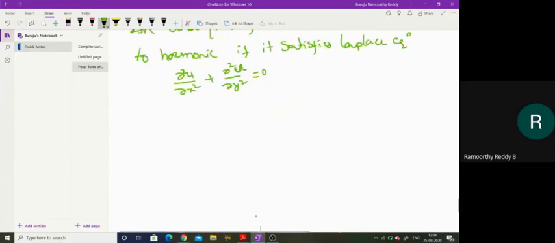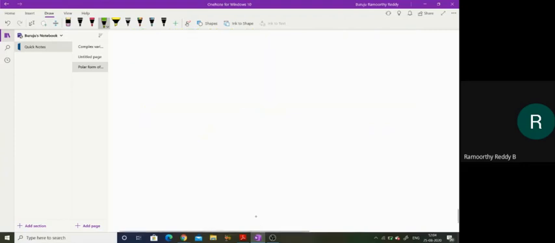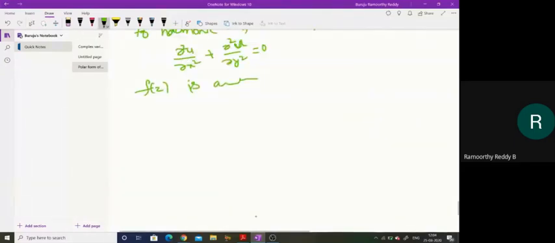See, if f of z is analytic, then we say that v is a harmonic conjugate of u, right? So for suppose